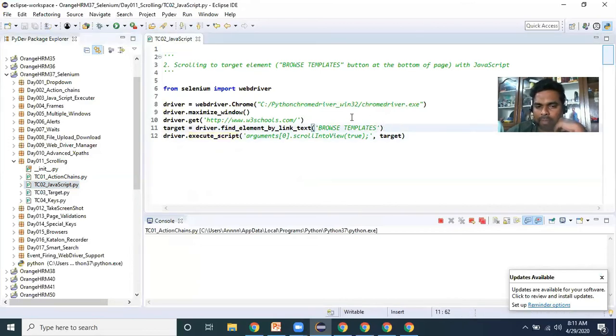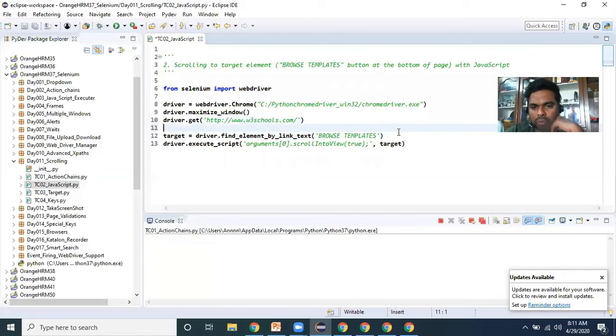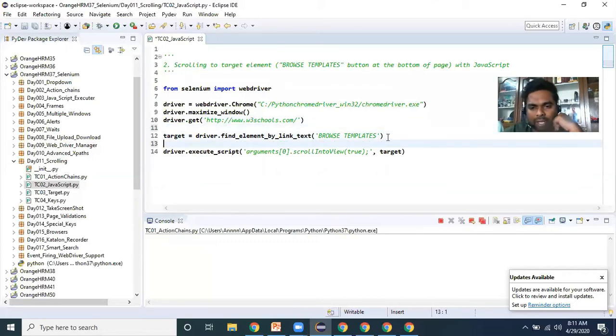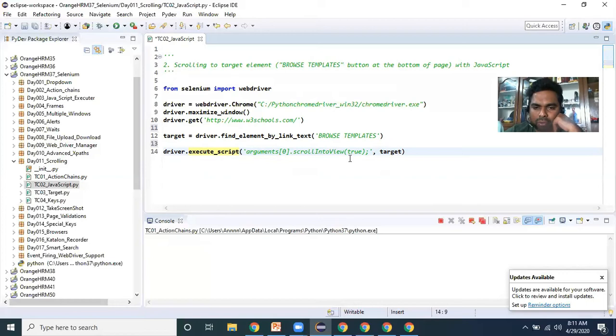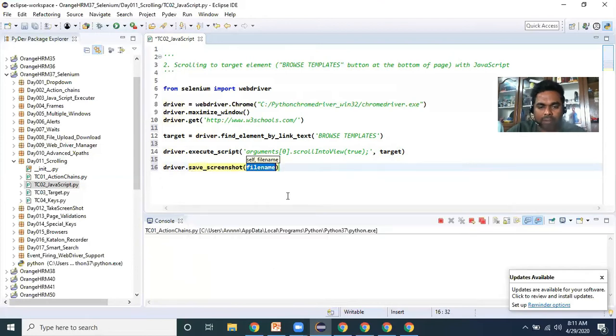So wherever that web element you want to target, you want to scroll, that web element we already mentioned here in line number 12. And just by writing driver.execute_script, arguments[0].scrollIntoView(true), I'm giving this web element. So I want to do scrolling at this location. I have written line number 14 like this by writing JavaScript executor. That's it. So JavaScript executor is the simplest one. By writing one line of code, we can do the scrolling part easily.